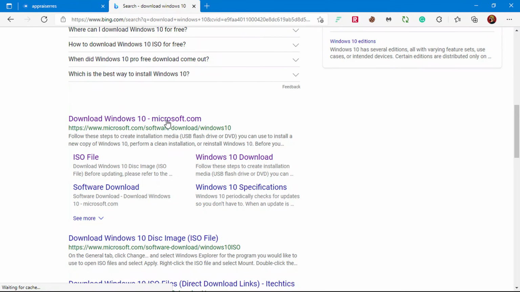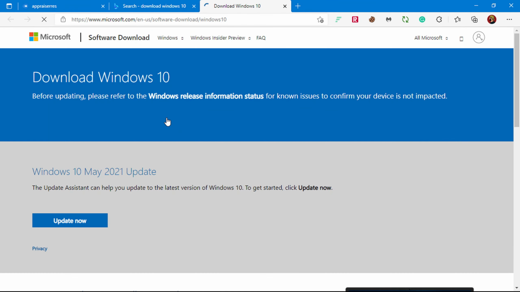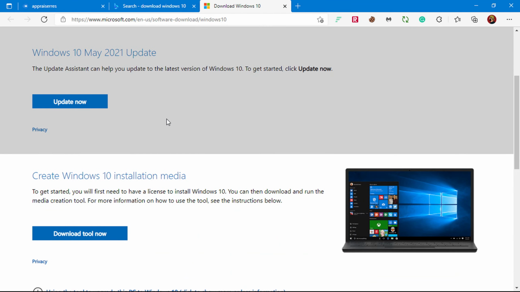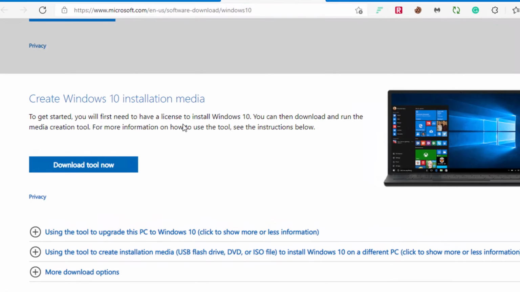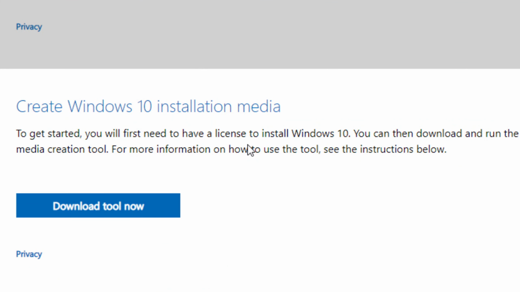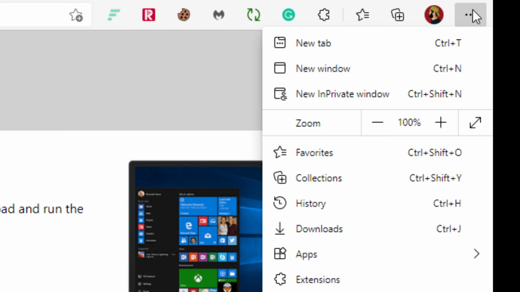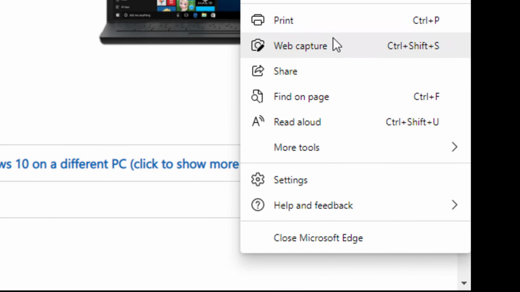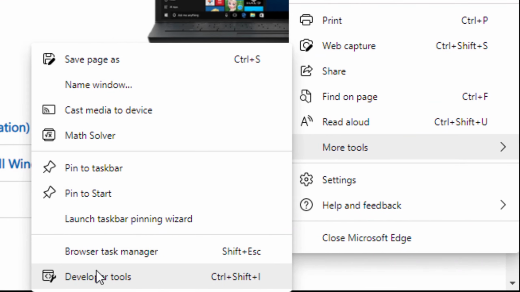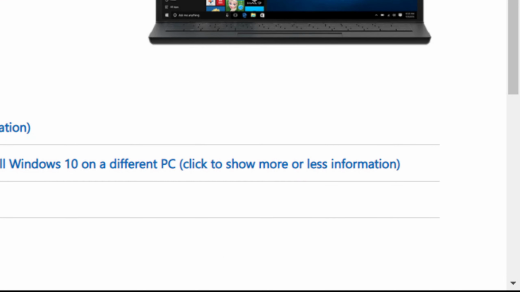So navigate to the page where you can download Windows 10. This works in the same way on both Edge and Chrome, by the way. As you can see, the website detected that we are on Windows and shows only the option to download the Media Creation tool. Now, we can go to the developer tools in our browser. You can do this using this menu or by pressing F12 on the keyboard. Here we can change the user agent and pretend we are on Chrome OS, for example. Anything non-Windows should do the trick.